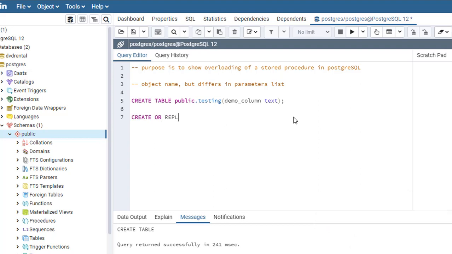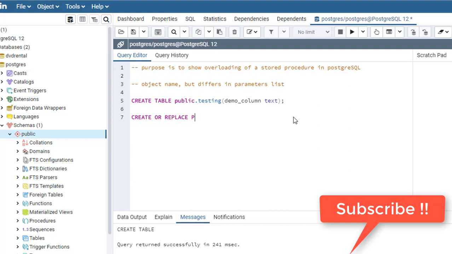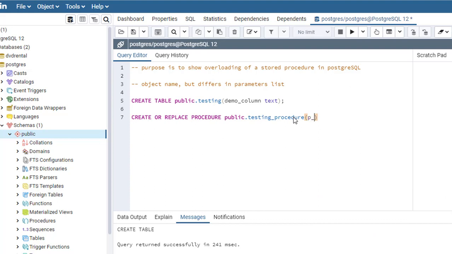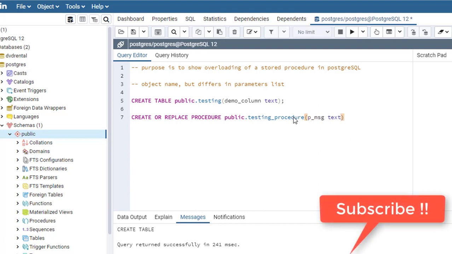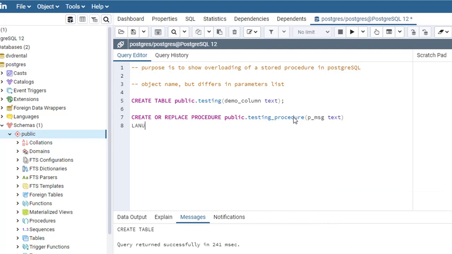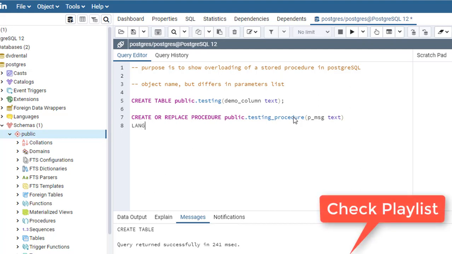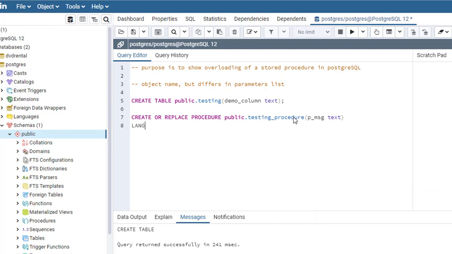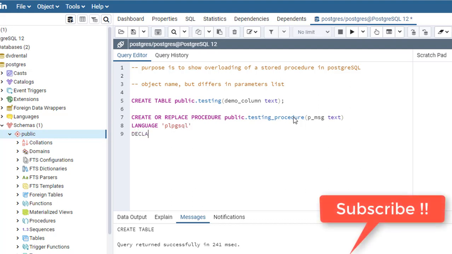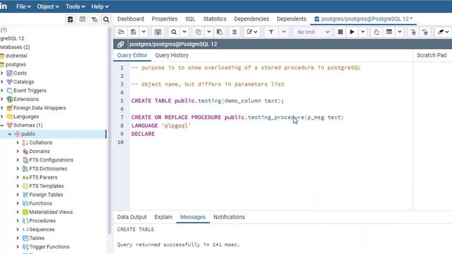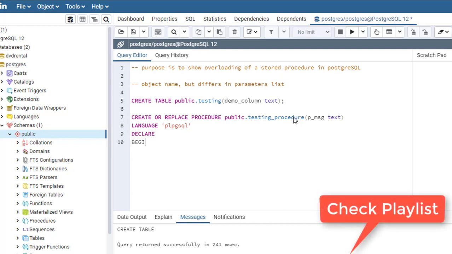Create or replace procedure. The procedure name is public.testing_procedure and I'll take one parameter, p_message, of type text, and the language is PLPGSQL. Then declare. I don't need any declarations here, so I'll move to begin.